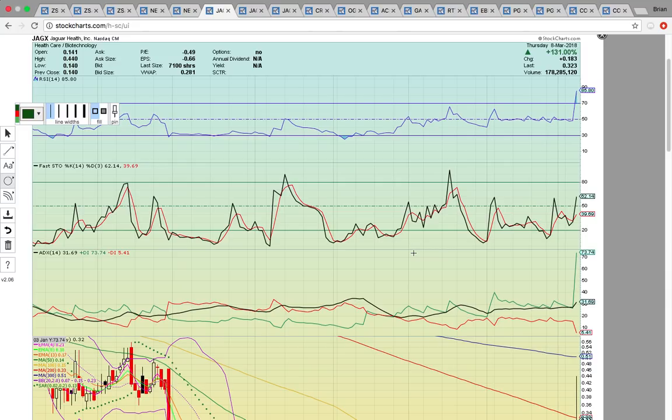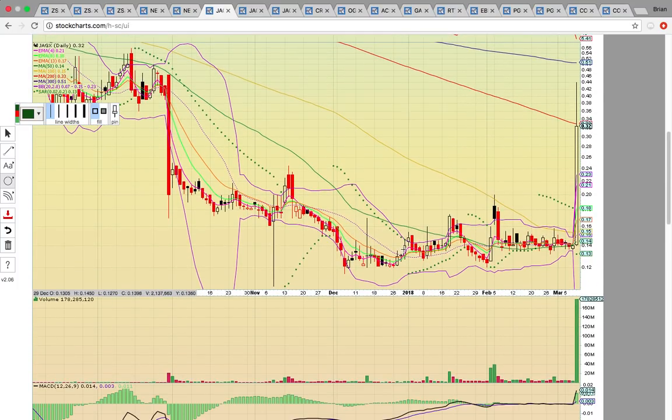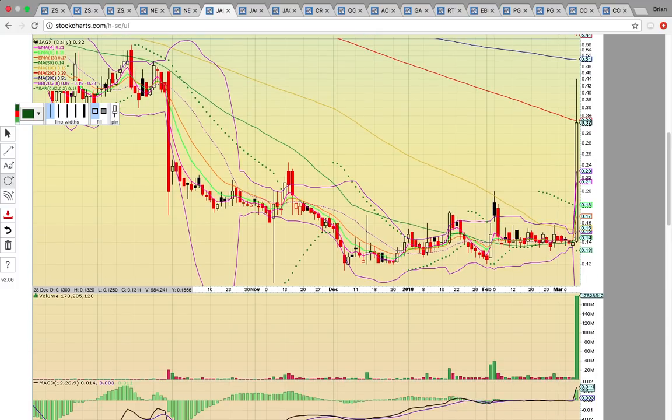Okay, JAGX. This is another one that made an incredible move today, up 131%. We had been alerting this for multiple days. This is a stock we've been following for a long time. We had discussed this break above the middle Bollinger Band, and then the break above the 50-day simple moving average, and then we were back on the break above the 50 again, and then it topped out at the 100,